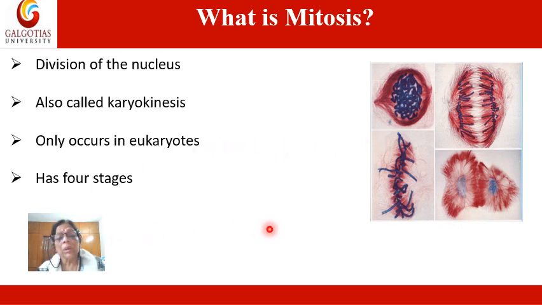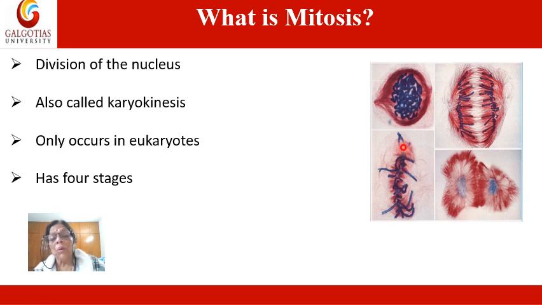It doesn't occur in cells such as brain cells. So this stage is known as prophase, when under the microscope the chromosomes become clearly visible, and this is then followed by this stage known as metaphase,